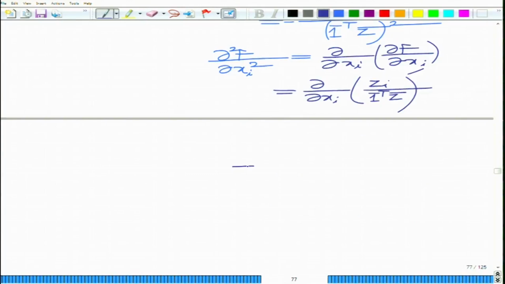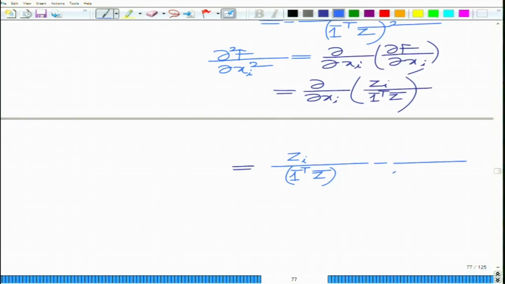Now, if you differentiate the numerator, we already see the derivative of zi with respect to xi is zi itself. So that will be zi divided by 1 bar transpose z bar